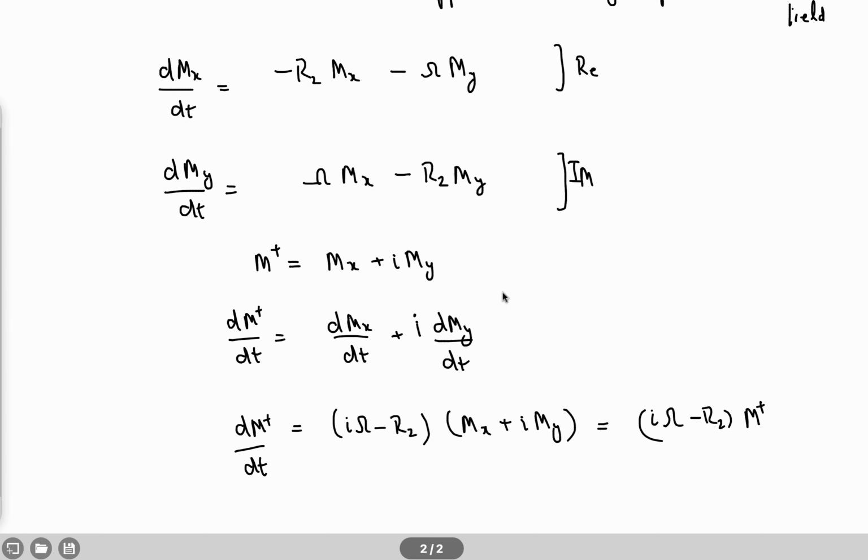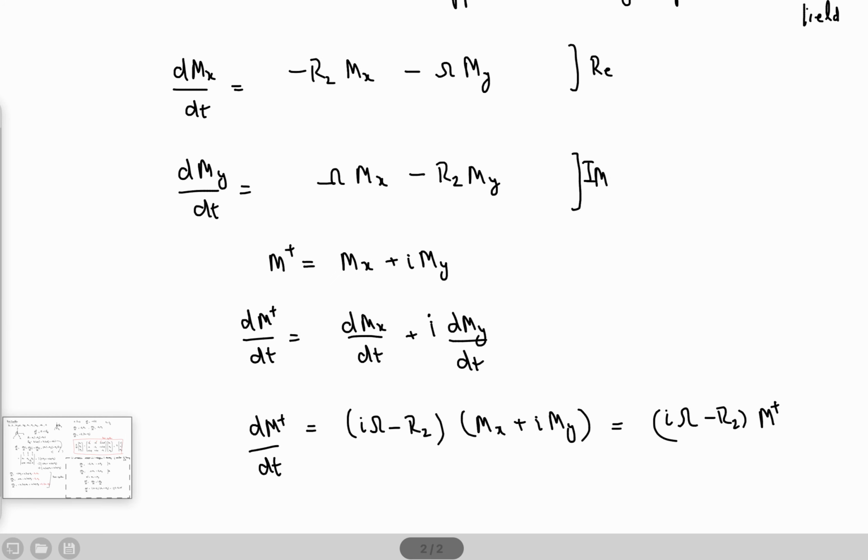Now if you integrate this equation, what do you get? So let's go to the next page. Now if you integrate the equation, let me write that equation again. So dM plus by M plus, so I'm separating the variables, equals i Omega minus R2 dt, right? Now this can be easily integrated. So what I have got is natural log M plus is equal to i Omega offset minus R2 times t